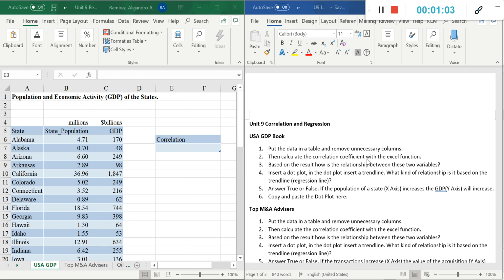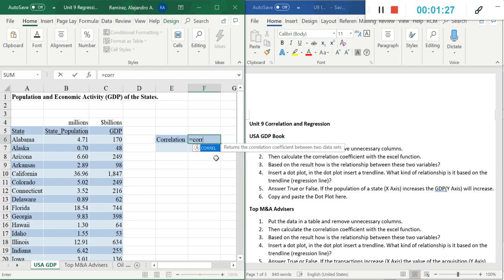So in this case, if you did it correctly, if you already have a table, it will be much easier and much faster as compared to doing it manually, or if you don't do the tables. If you're lazy to do the tables, it's going to take you more time. So in this case, let's calculate the correlation coefficient. So this is very easy. What we're going to do is just equals